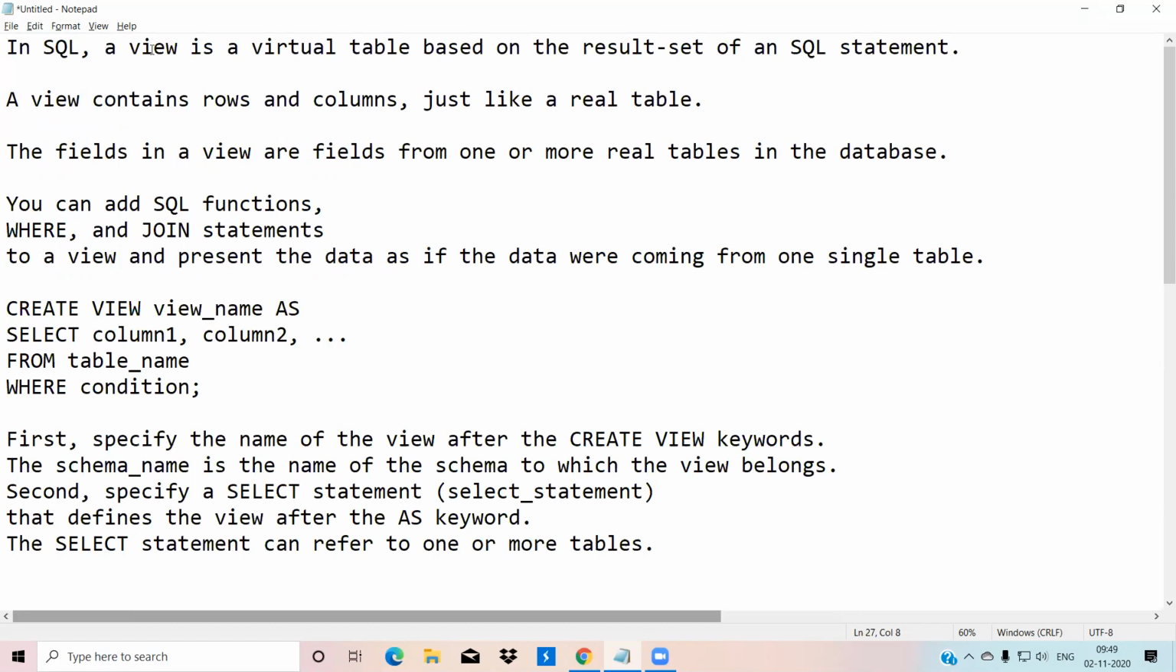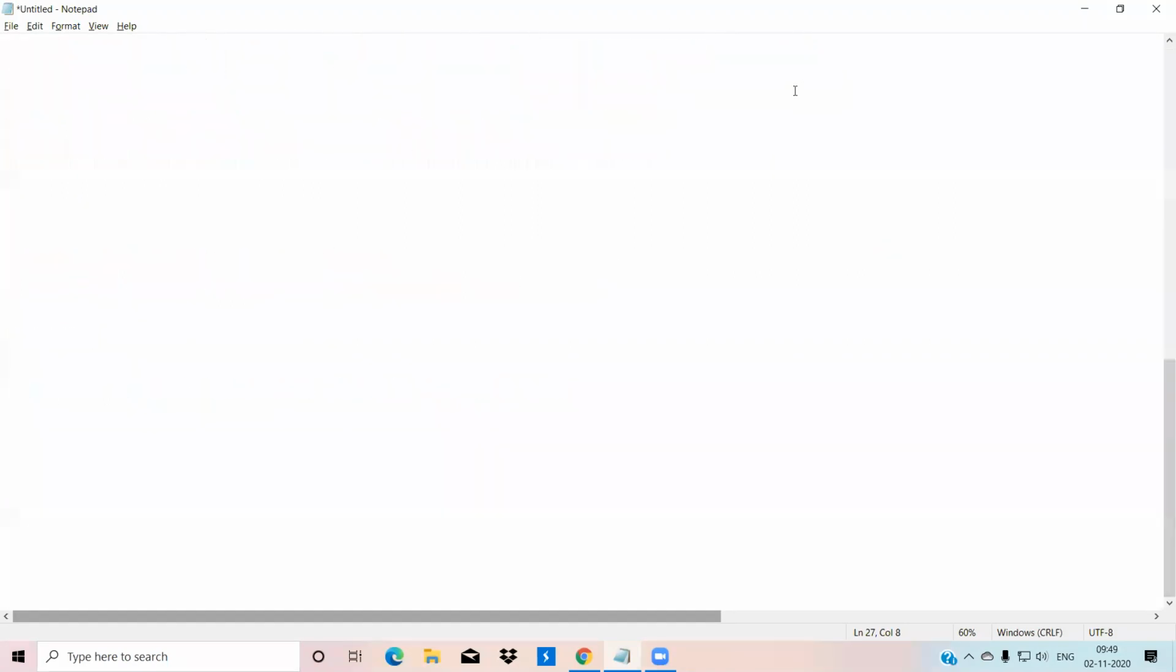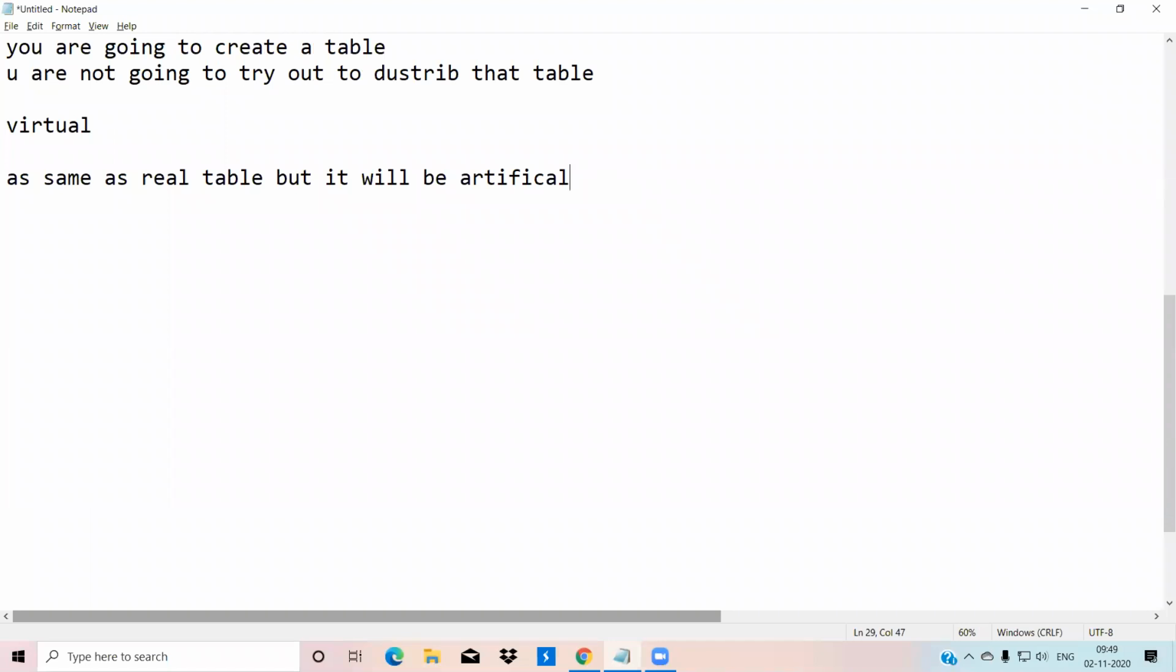Same way, what is a SQL view? A SQL view is a virtual table based on the result set of an SQL statement. What is the result set then? When you say select star from ABC, which means that when you say select star from ABC, you will get